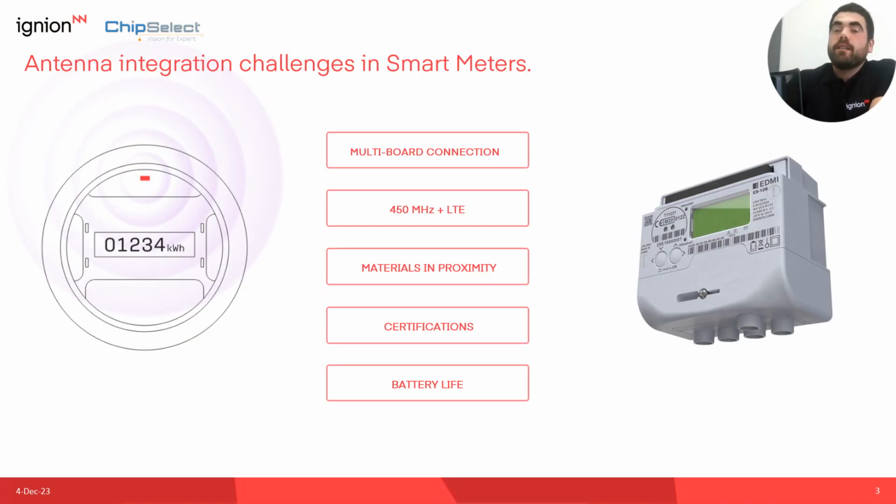So before starting, we can evaluate most of the typical challenges that smart meters face when dealing with antenna integration. Some of them are this multi-board connection. One of the typical use cases for smart metering is having the main board with everything related to batteries and LCDs and so on for metering, and also separated from this main board we have the communication board. In this case, one of the success stories that Ignion has is this smart meter that is connected